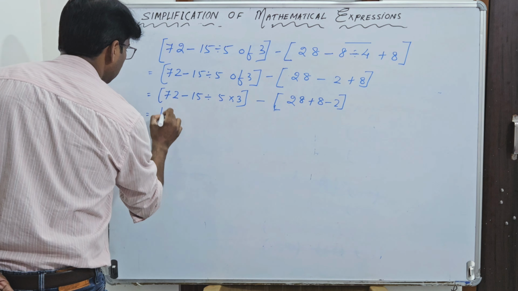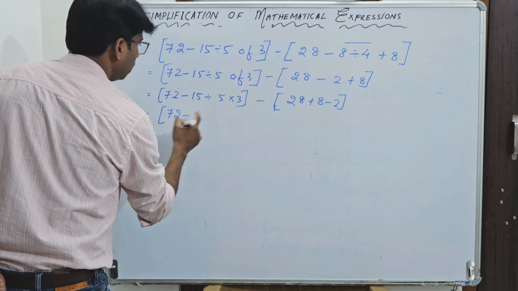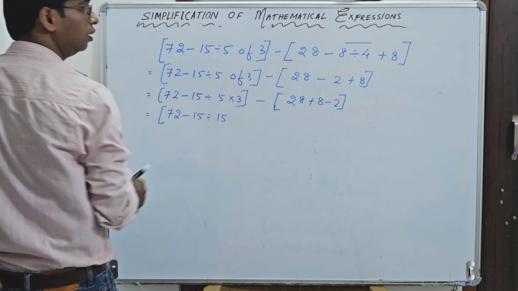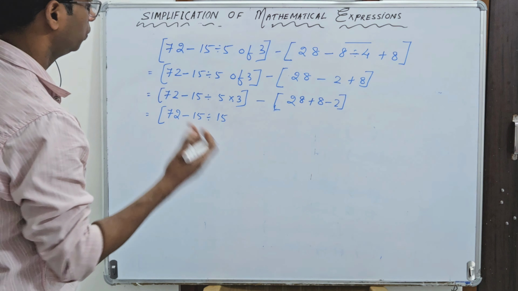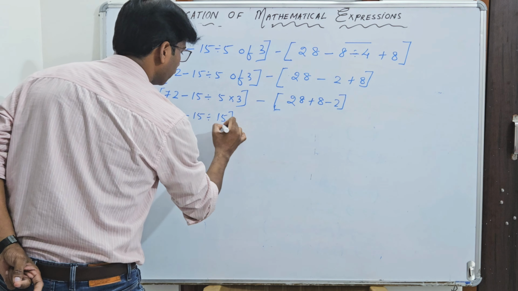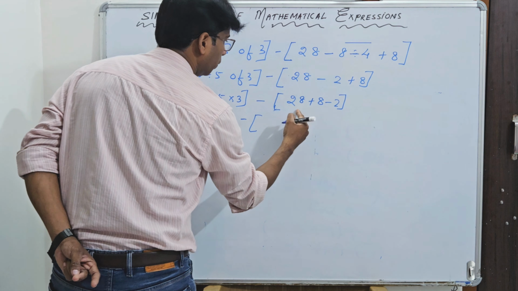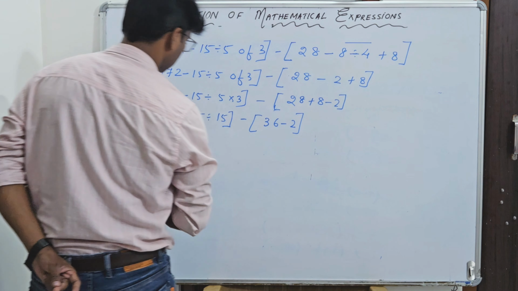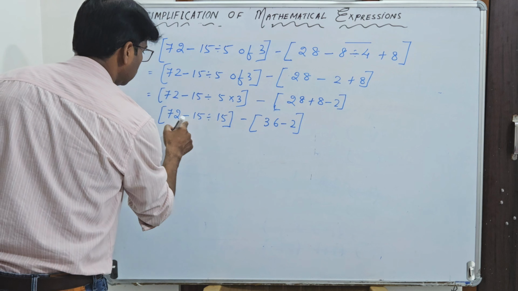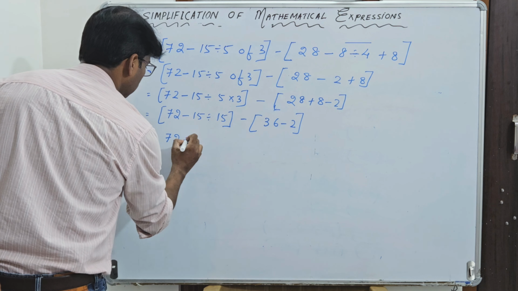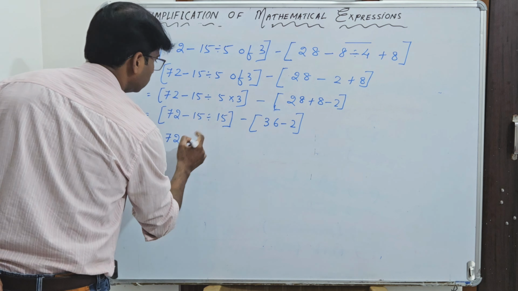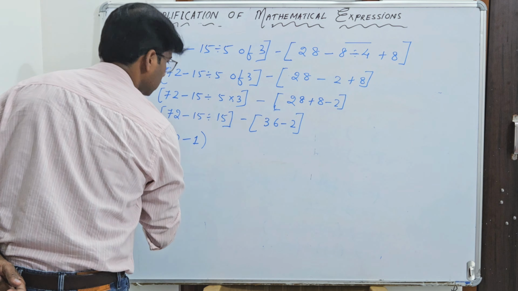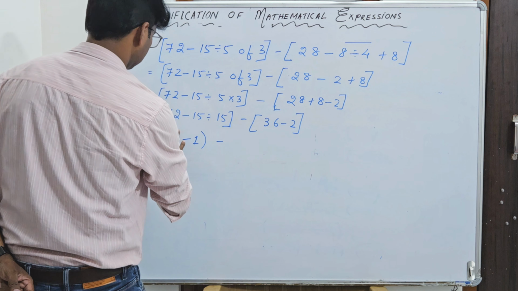Now you see the next step here, 72 minus 15 divided by 15, because 5 of 3 I have to operate first. That means 5 into 3, that is 15. Then minus 28 plus 8 how much? 36. 36 minus 2 within the bracket is equal to how much? 72. Now division you have to do. 15 divided 5, 15 how much? It is 1, because same number divided by itself. So minus